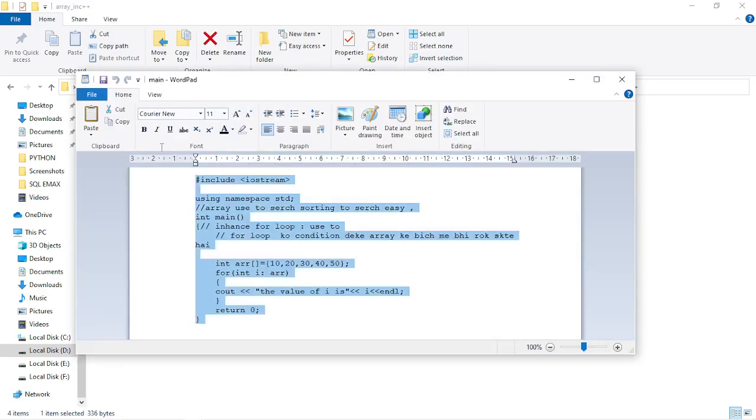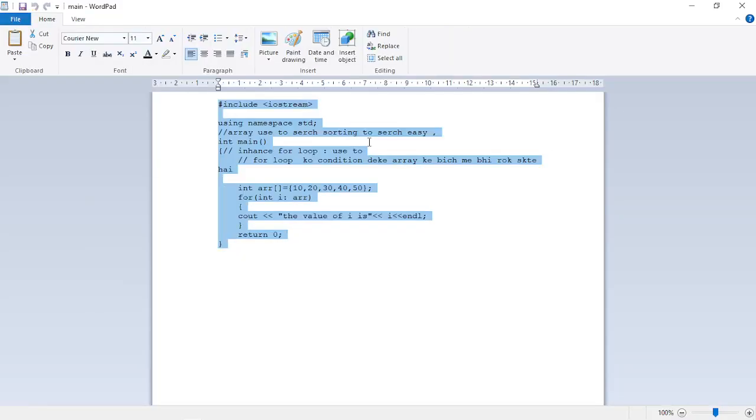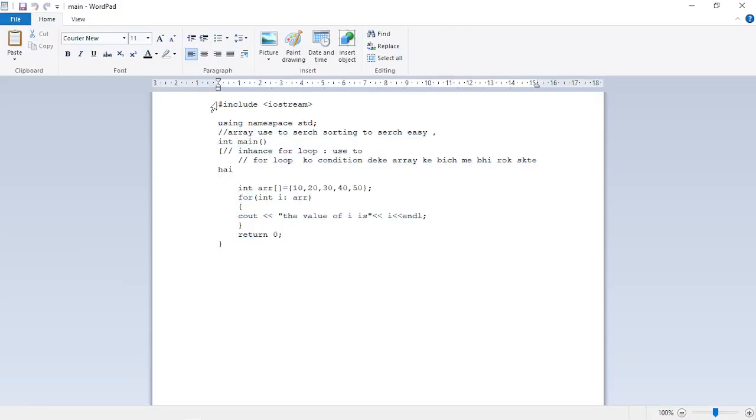So it is our source code. First of all, we are going to see what happens here. First, we are going to include the iostream header file in this source code. What is the meaning of including all the features of the iostream header file? So here in this source code, we are going to include